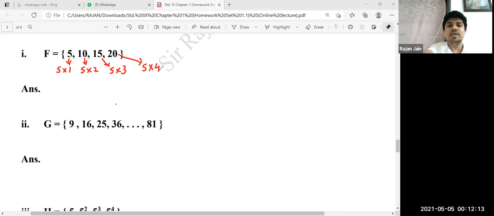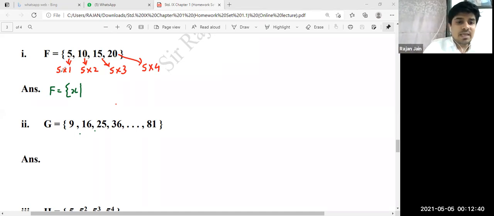Abhi how to write it in set builder form? Pay attention. Your initial part will remain same for all the questions. You will say F is a set of all x such that. Abhi x you are going to get using a formula, और formula किधर से मिलेगा मालूम है? ये जो कुछ भी आप लोगों ने लिखा हुआ है, अभी कैसे आइडेंटिफाई करने का देखो, 5 into 1, 5 into 2, 5 into 3, 5 into 4. For all the terms, can I say 5 is a fixed part? जो fixed part होता है, that you will write as it is, 5.